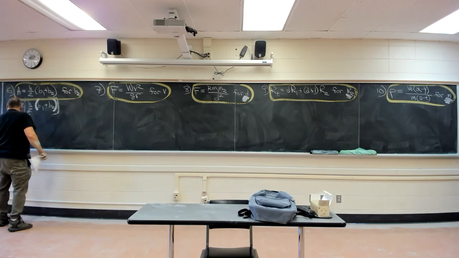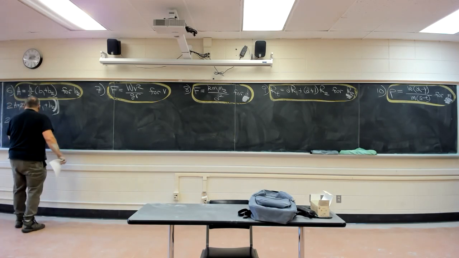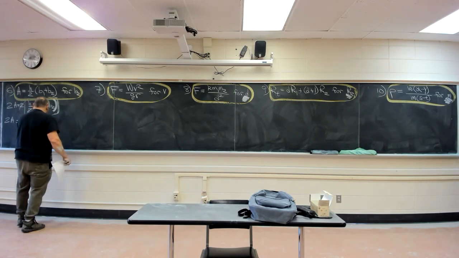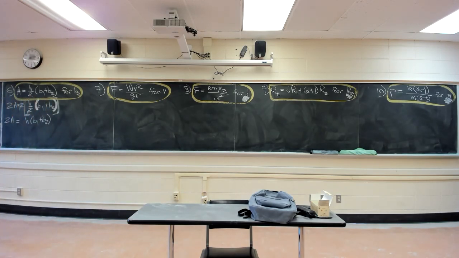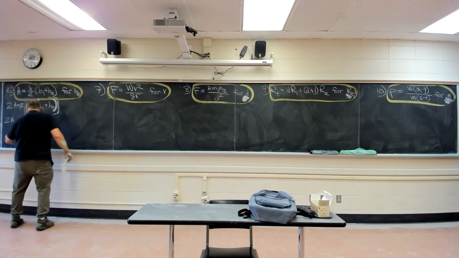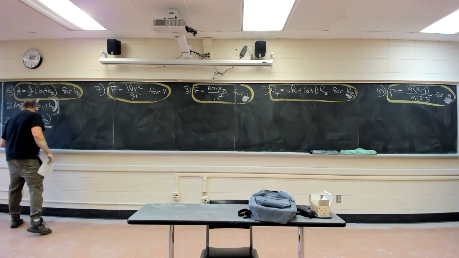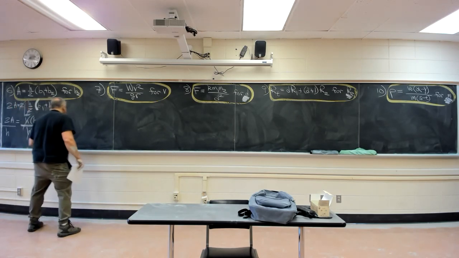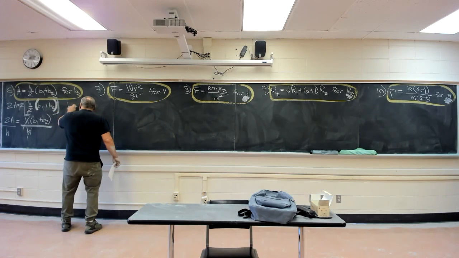You got 2a equals h times b1 plus b2. You can now distribute this thing over here. You could have done it earlier, and then from there distribute it again. That's something else. I'll tell you what, I just want to get b2 for an answer here. I'm going to divide by h on each side. And you got b1 plus b2